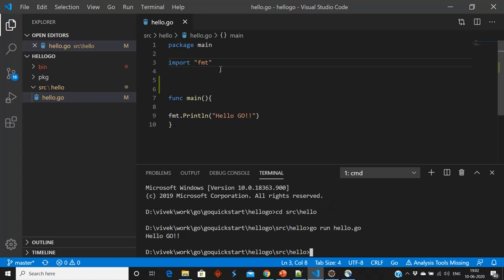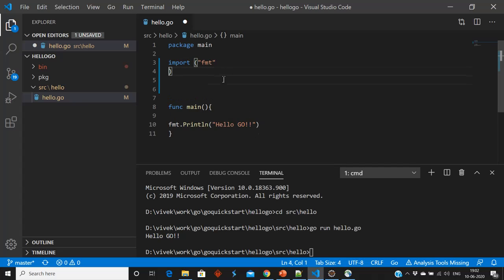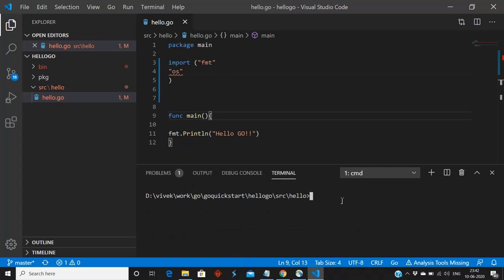args. So we will use the os package and we will write os.Args. If we check the command line arguments, we will come to know how this program is running.